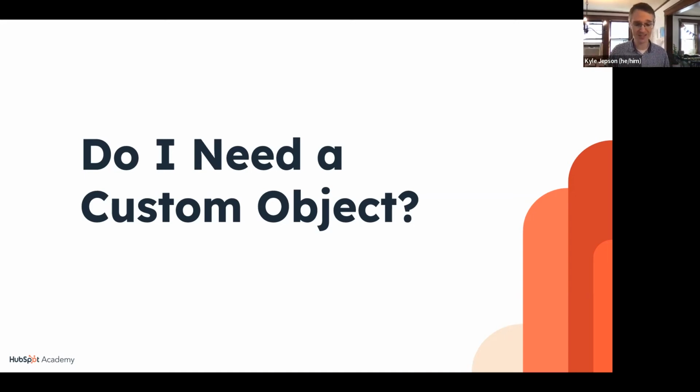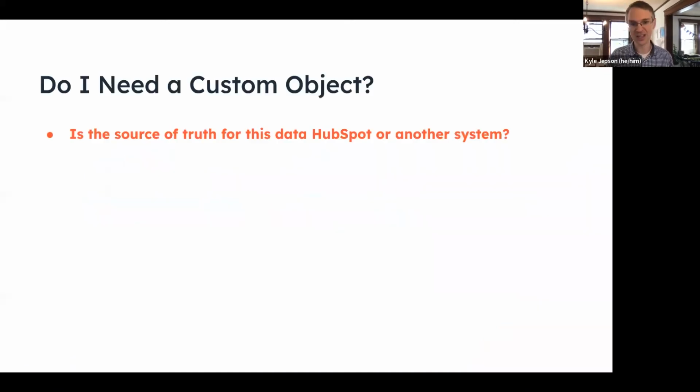Some of you heard me and Tanya talking about bank accounts. I think that's just a brilliant example of, yes, the best way for us to track this is a custom object. But for a host of other things, you're not going to need a custom object. And here is a framework. I believe it's about 5 questions that you can ask yourself to figure out if a custom object is what you need. At the most basic level, you've got to ask yourself, is the source of truth for this data